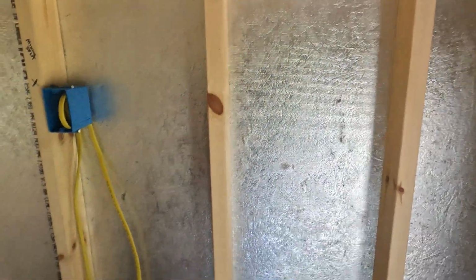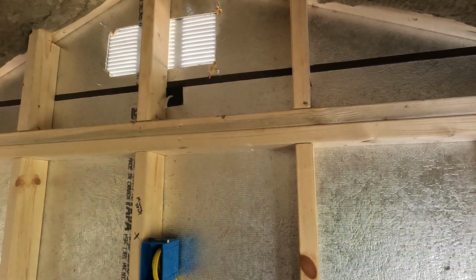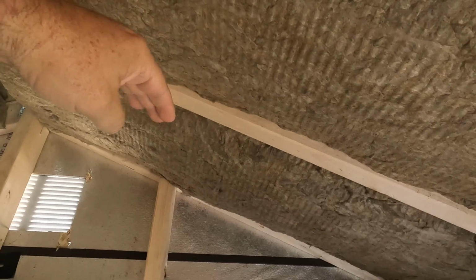Okay, and then you're putting another sheet down here at the bottom. Okay, so you're putting a half sheet all the way down to the very bottom. So that's basically what you're doing, you're staggering it. But what you want to do, right, is this roof that comes across, because we're putting drywall up on the